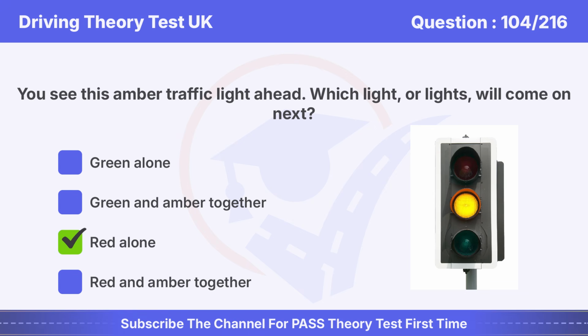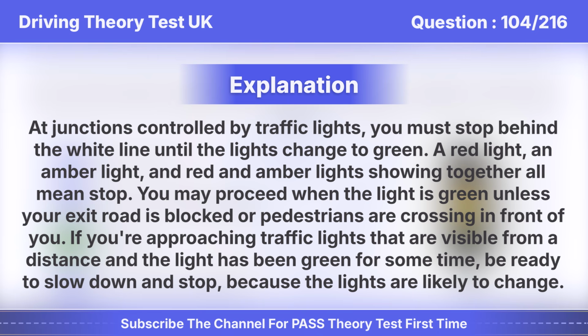Answer is C. Red alone. At junctions controlled by traffic lights, you must stop behind the white line until the lights change to green. A red light, an amber light, and red and amber lights showing together all mean stop. You may proceed when the light is green unless your exit road is blocked or pedestrians are crossing in front